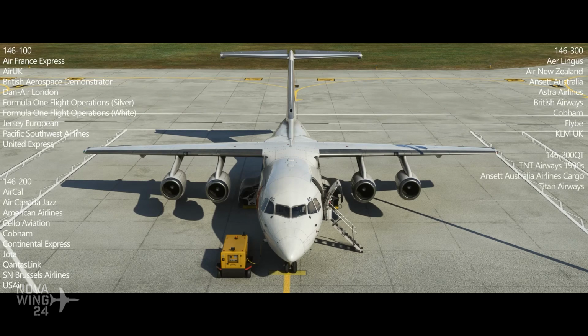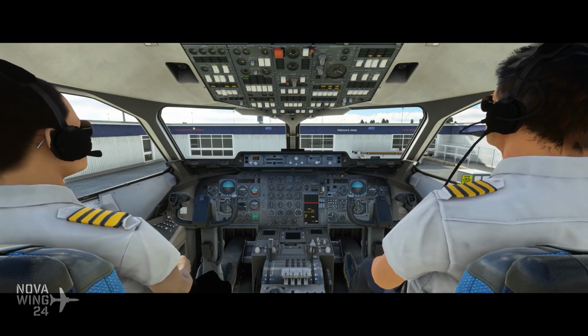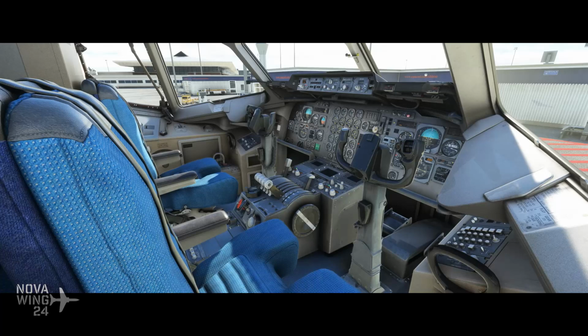Now, of course, the team is not new to the BAE 146, given the fact that they have previously released this aircraft for the legacy ESP sims, as well as releasing it for X-Plane 11 in the past. Now, this is not just a slapdash port over of the aircraft into the new sim. Oh, far from it. The team have used their base knowledge and brought it across